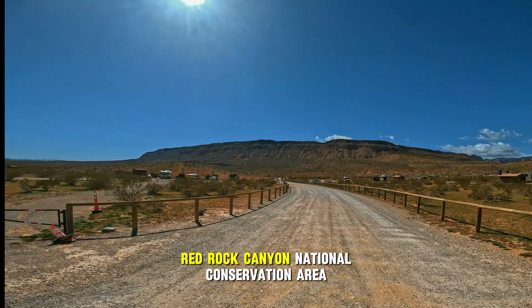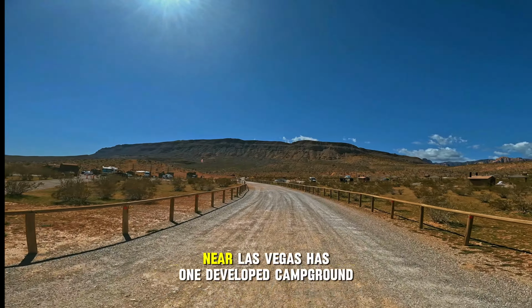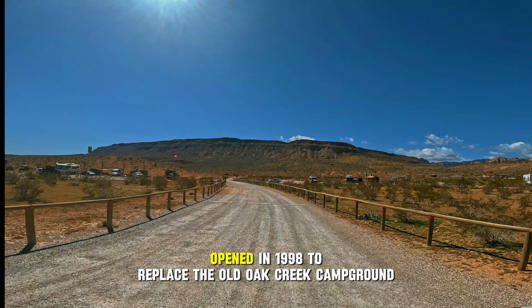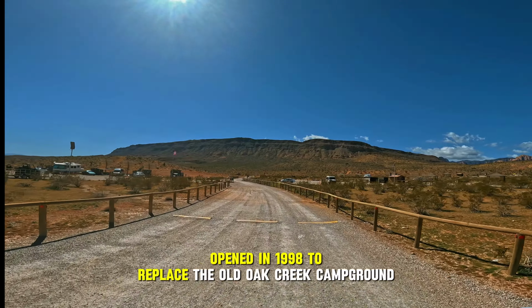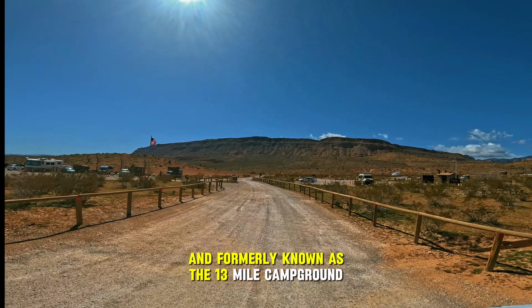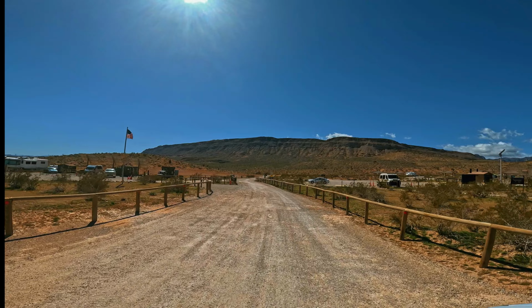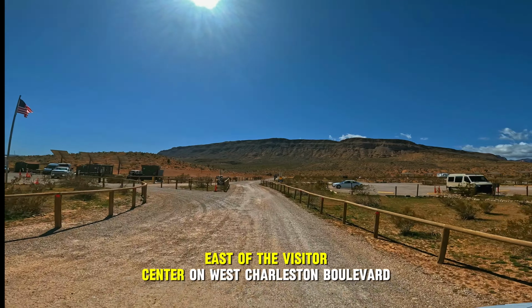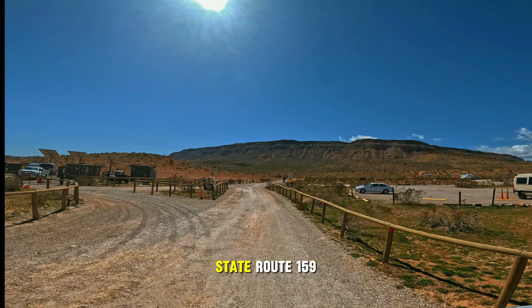Red Rock Canyon National Conservation Area near Las Vegas has one developed campground. Opened in 1998 to replace the Old Oak Creek Campground and formerly known as the 13-Mile Campground. The Red Rock Canyon Campground is located 2 miles east of the Visitor Center on West Charleston Boulevard, State Route